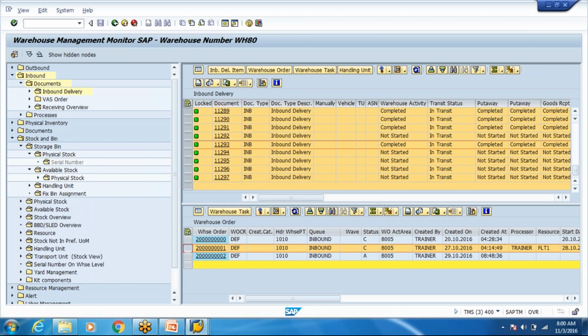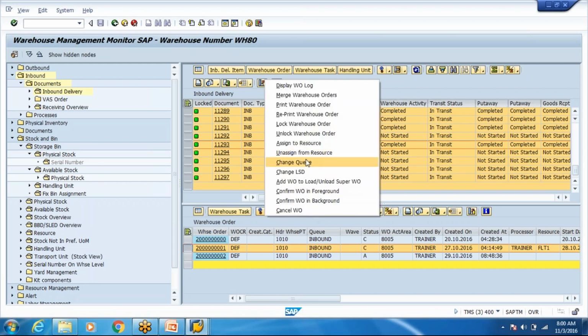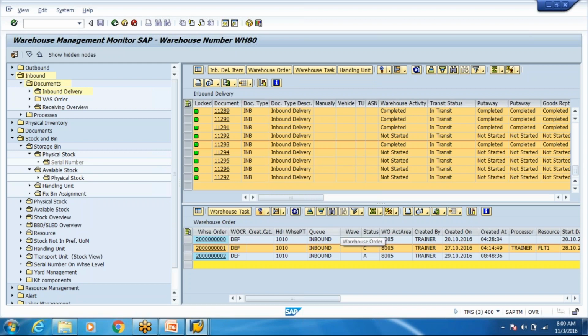Any stock which is urgent, the supervisor who monitors gets a call: hey, this material is required urgently on site. There is a team which only works on supplying urgent parts, 2-3 dedicated people. So if you want to put it as urgent, you just come here and say, change the queue, and you change the queue from here.